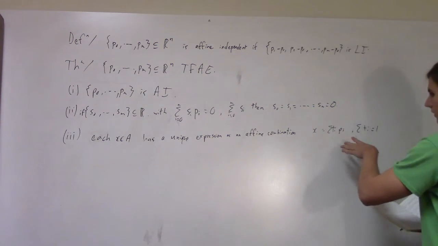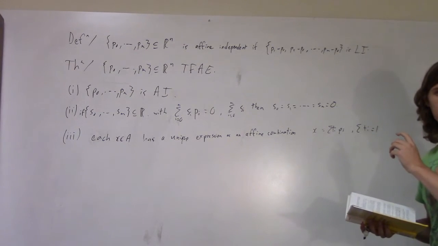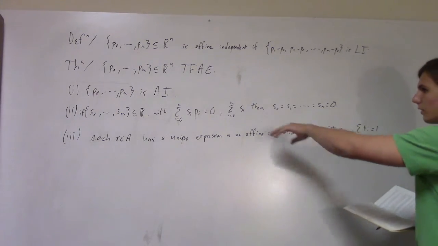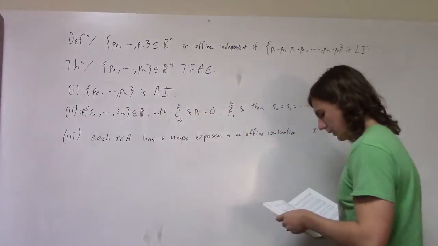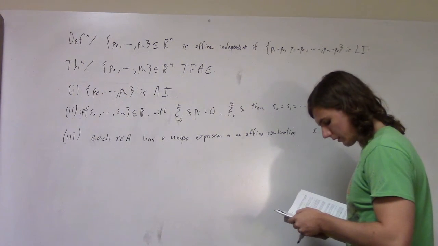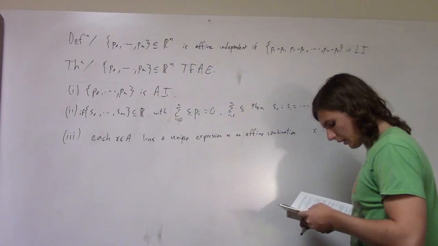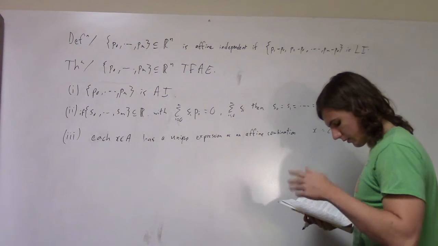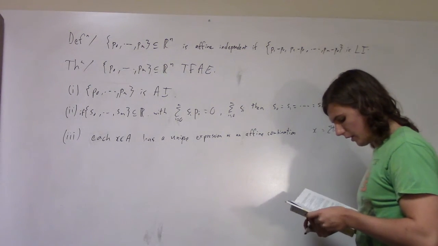So there's no reason that P0 would have to come before P1 and whatnot, especially here to show that this is affine independent. So that's what corollary 2.5 says. And another corollary that I'm not really going to go too much into is that an affine set